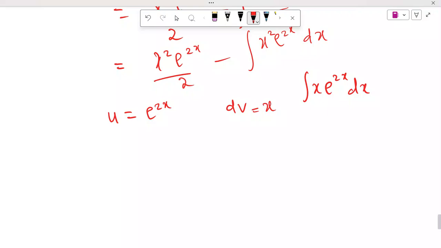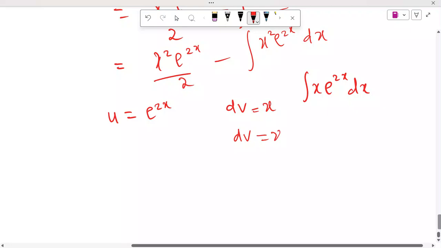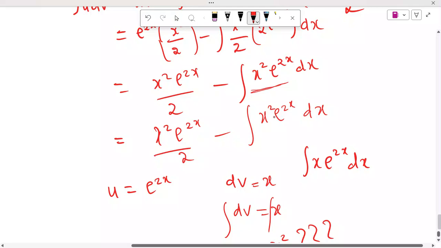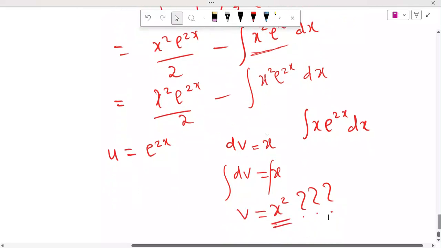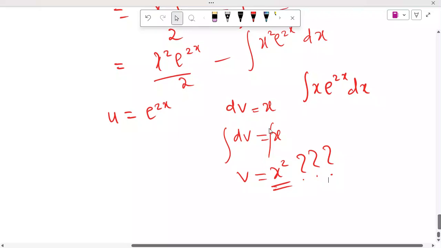So our dv now, if you integrate, because the dv you integrate, dv equals x. So if you integrate this, it will be v. You are increasing the power of x, making the equation more complex. So you are not supposed to increase the power. You're always supposed to reduce the power. So bear in mind that it's not only which one is easy to integrate and which one